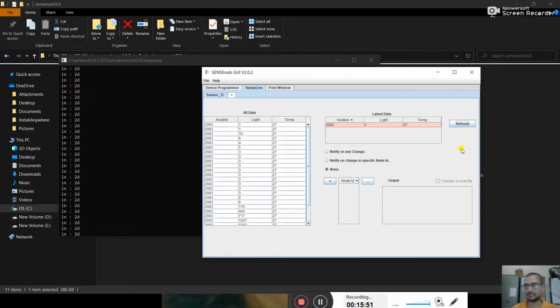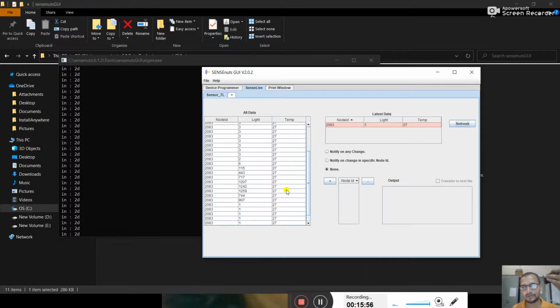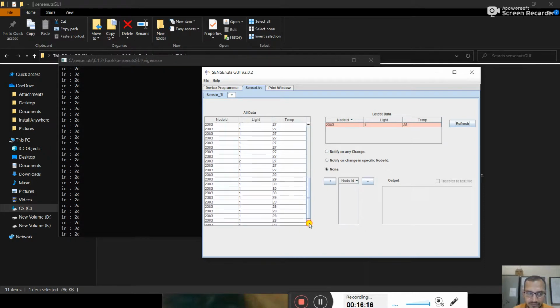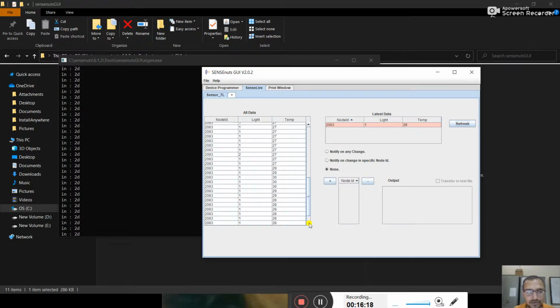It is showing the temperature of the room, and for that I give hot air to this, and it is showing an increment in temperature.